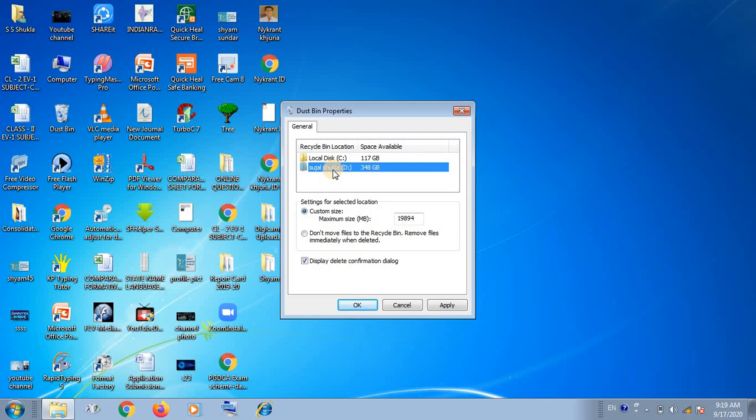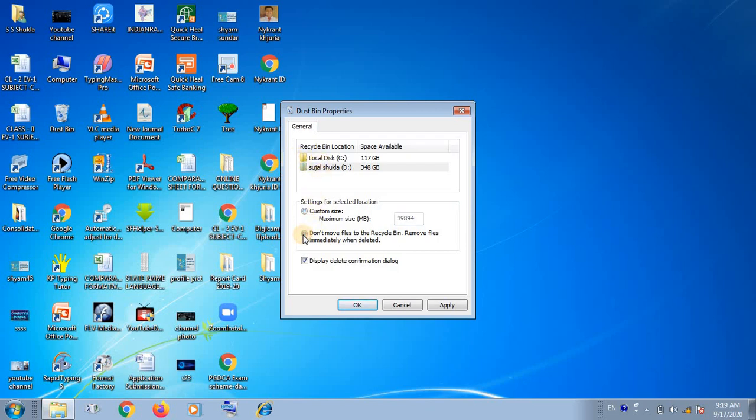For the D drive, as you select the D drive, here is given the space of the D drive. Okay, "Don't move files to the recycle bin, remove files immediately when deleted." If you click on this option, your deleted file will not move to the recycle bin.